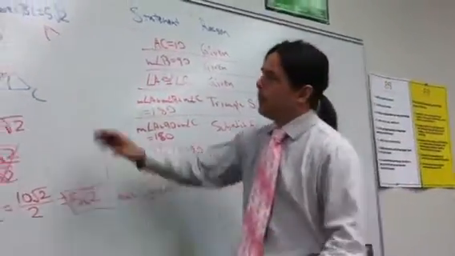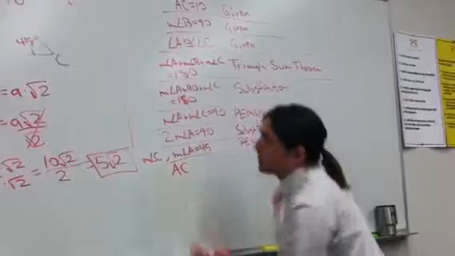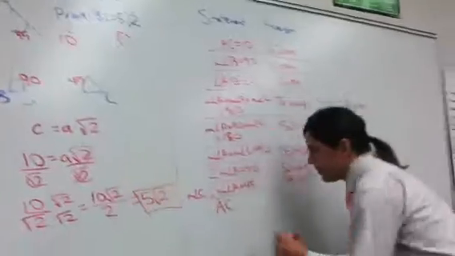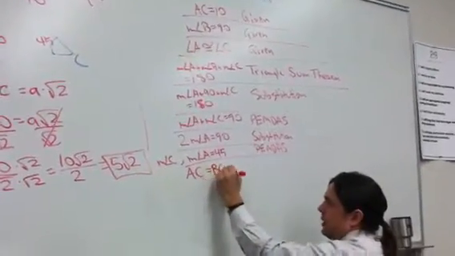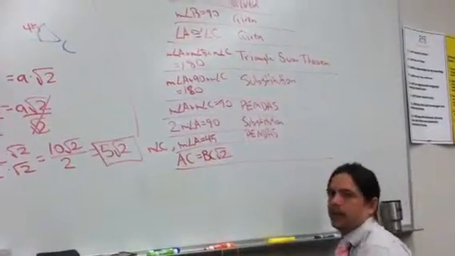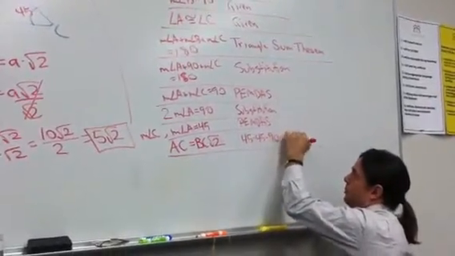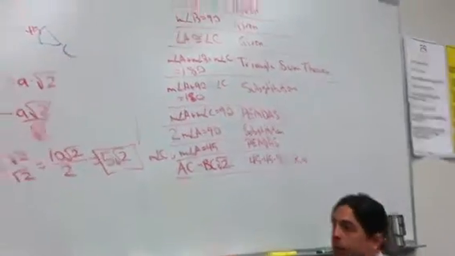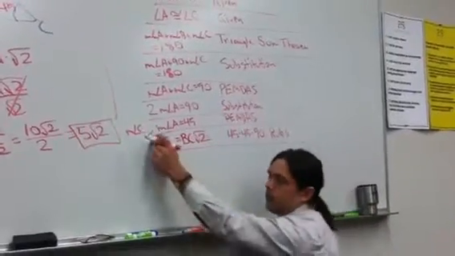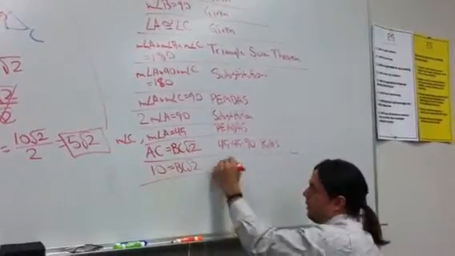So now we can use our rules. We can say that AC, which is our long side, is equal to BC times the square root of 2. We call this 45, 45, 90 rules. Okay? Now, which one do we know? Do we know AC or do we know BC? AC. So we're going to replace it with its value. We're going to say 10 equals BC square root of 2. That's called